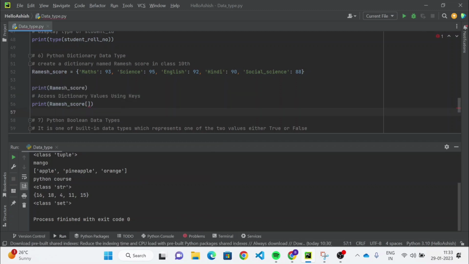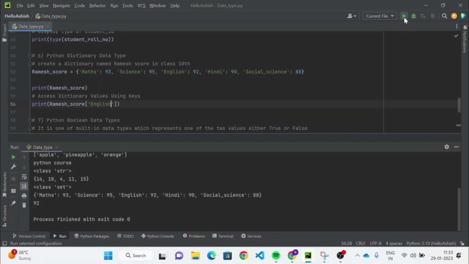For example, I want the English score, so let me type English and let's run this. So this is the dictionary Ramesh score having a key value pair for each subject, and the score he got in the English subject is 92. We can see for English 92.